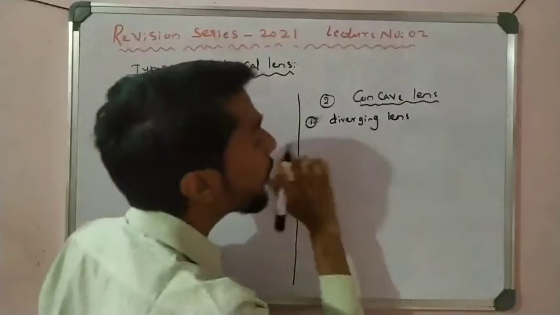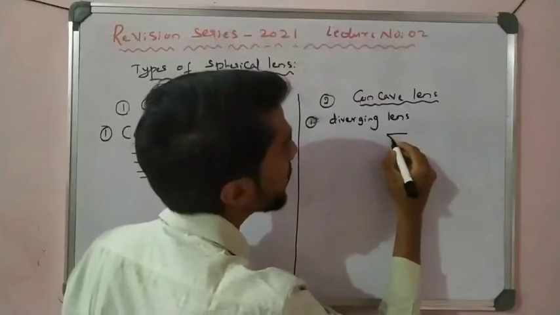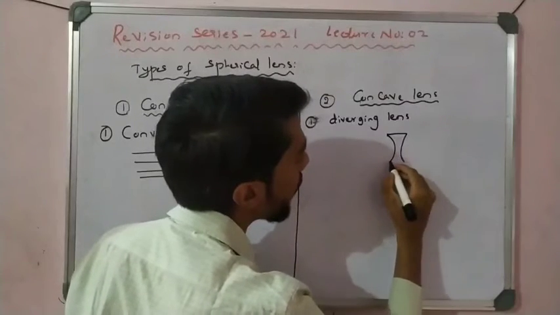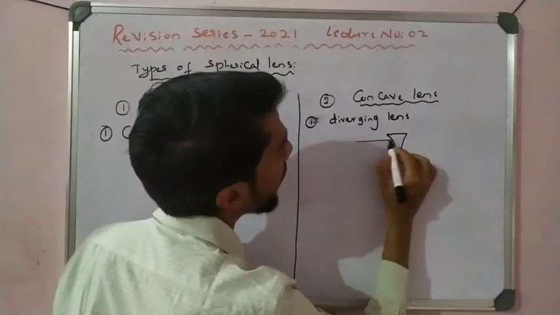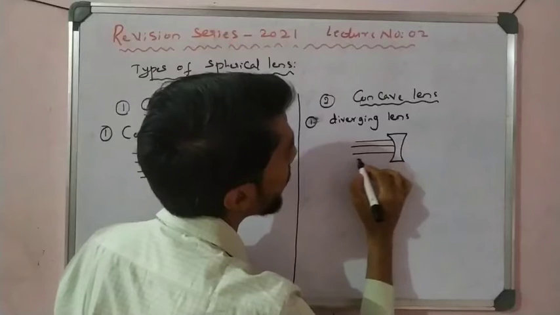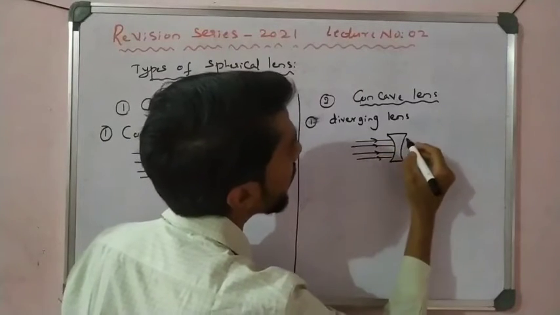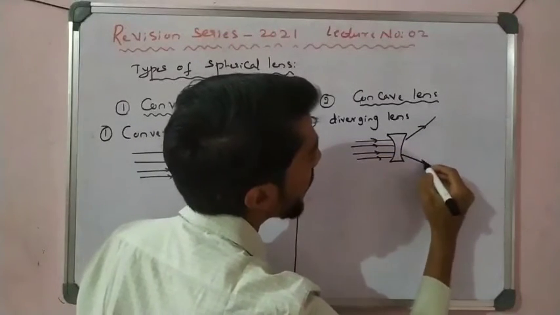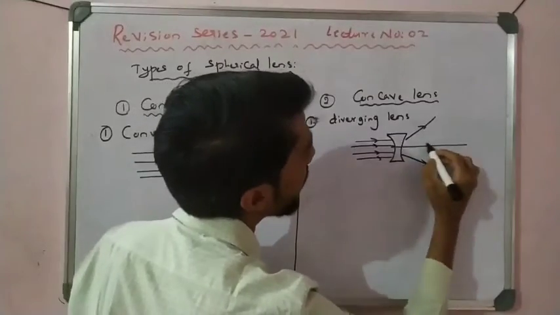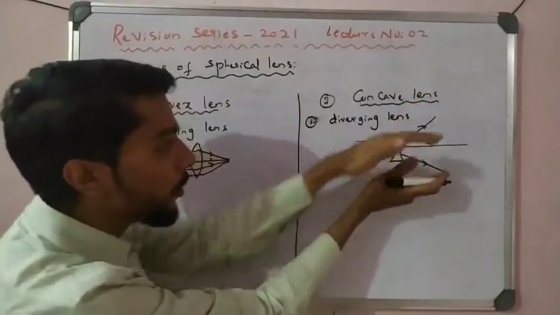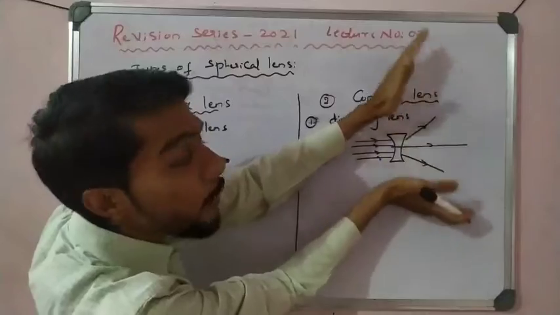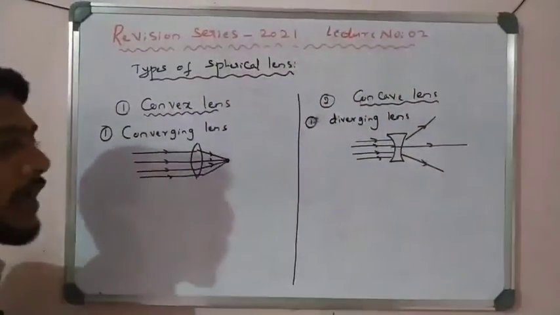If you draw the diagram of a diverging lens, see here, it is the diagram for a concave lens. Now if the rays of light are parallel to each other, what happens here? See, the light rays diverge like that. At the center the ray goes straight, but at the edge it diverges from the real path, it is diverted. So it is called a diverging lens.